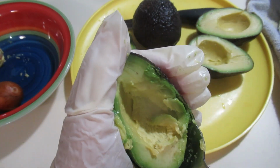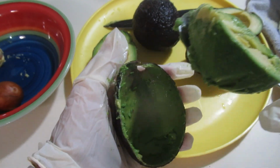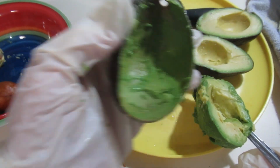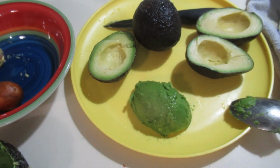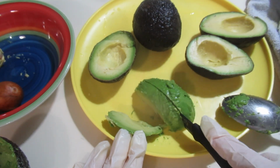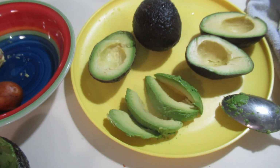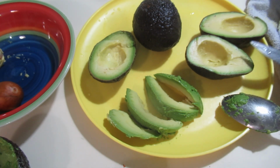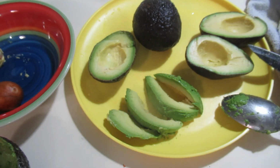And I'm just taking a big spoon and going around, working my way around. I did pretty good. Still a little bit in there, but not bad. So now I can take this, I can cut it in slices, and you have perfect little slices to put on your salads, put on top of your sandwiches, on your toast, whatever you want. But for me, I just sprinkle a little sugar on the top, and then I'll sit here with a spoon and eat it right out of the shell. Speaking of the shell,